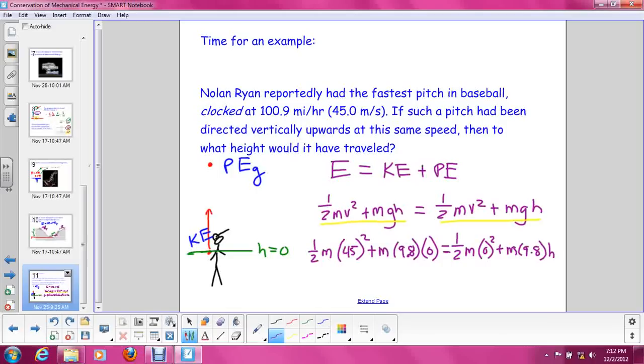And you may be looking at this and you may be a little confused because you think, okay, we have h in there as an unknown, which is good. That's what we're trying to solve for. But we also have a bunch of m's. How are we going to solve this problem if we have a bunch of m's laying around? Well, if you look closely, there is an m in each part. There's one here, one here, one here, one here. In each part, separated by our addition signs and the equal sign, there is an m.